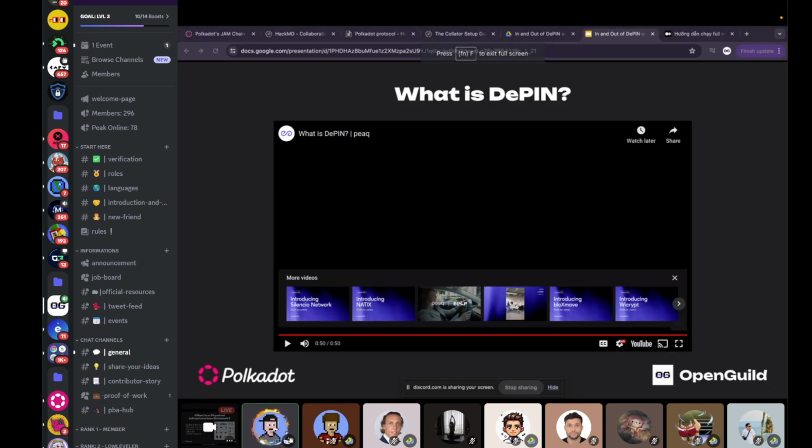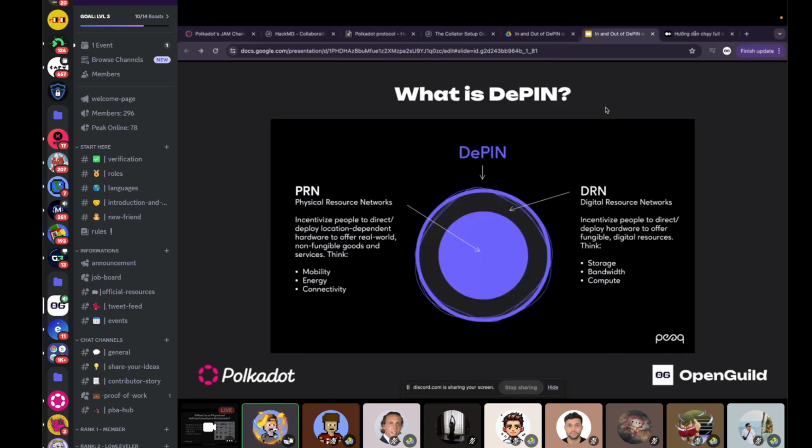Okay, as we watched the video, you see that DePIN is applied in many different aspects nowadays, like in supply chain, vehicle sharing, computing sharing, and many other aspects. Now we're going to deep dive a bit into DePIN and its components. DePIN has two different types of network.